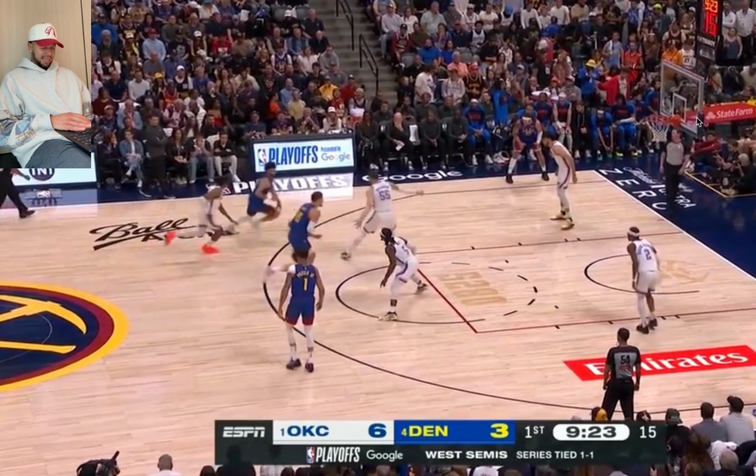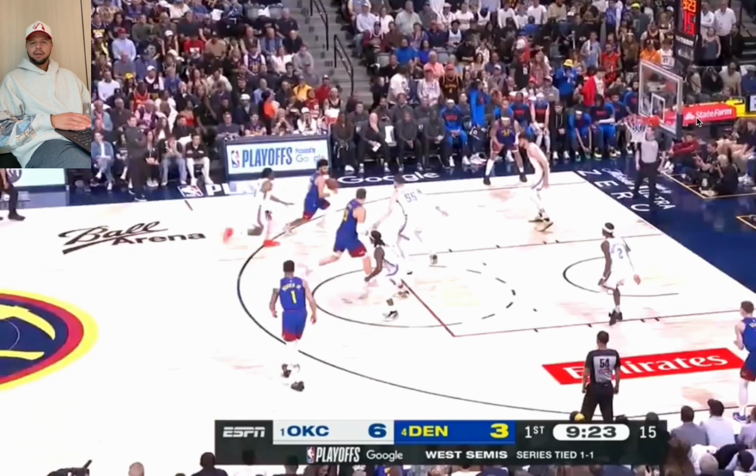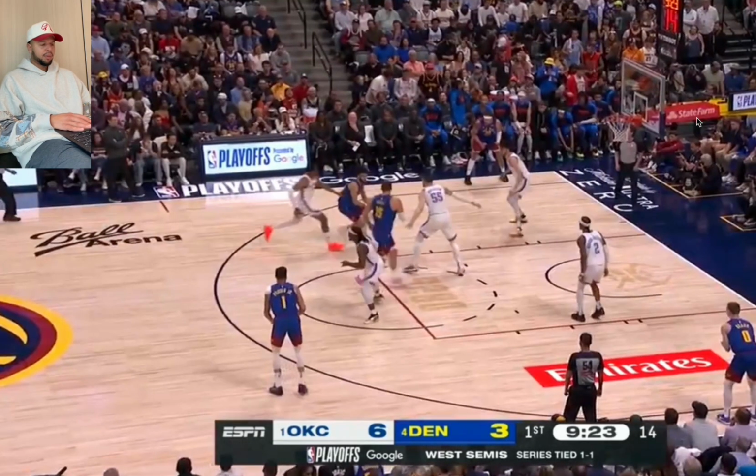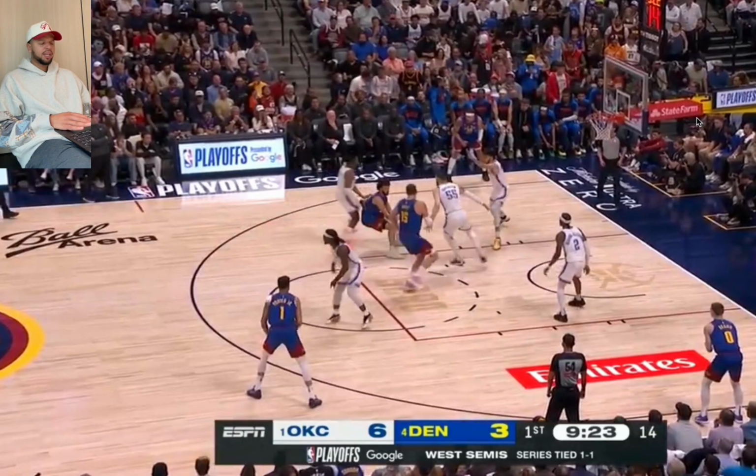So as he's retreating and as he's coming off the screen, his defender's trailing him. And if the defender is trailing you, you can put him in jail right here, right? Sort of keep him on your back so he can't get in front of you. And now his momentum is carrying him forward. So once you do that,